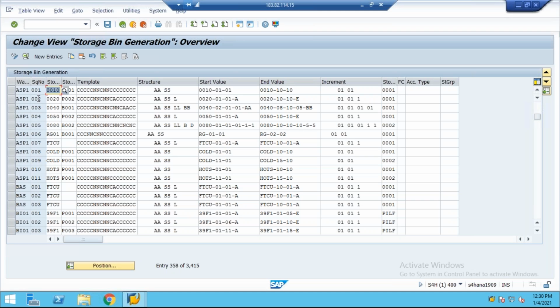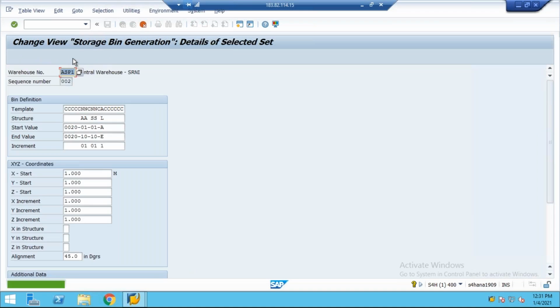Let's say 0020. Okay, I'm just copying from one standard structure of a standard storage type. My storage type entries are not here, so I will create the entries for the structure of my storage type. I have selected the one closest to what I am trying to create. Because if I copy it from the 0020 storage type, then I will also select the structure of 0020 and copy. See here ASP1, and my start value will be